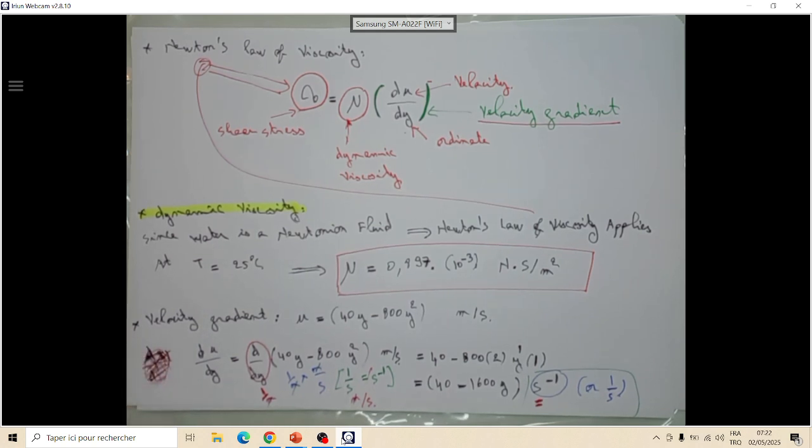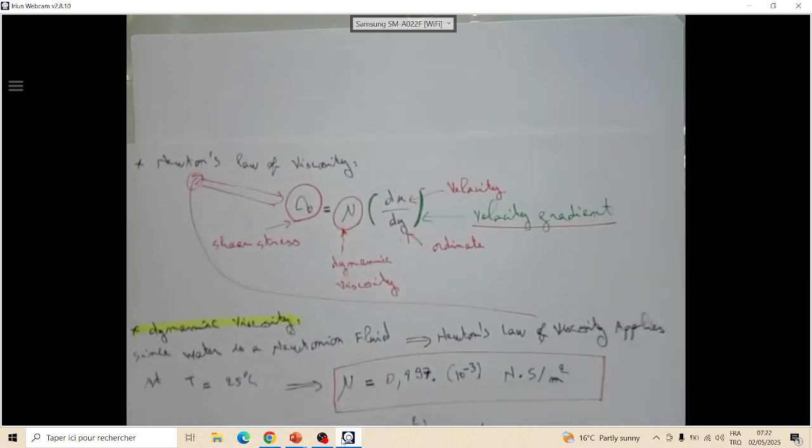So let's take another paper and write what we have found very clearly. I will take another paper and I will write what we have found for the derivative of the speed, or what we have found for the velocity gradients. So for the velocity gradient,